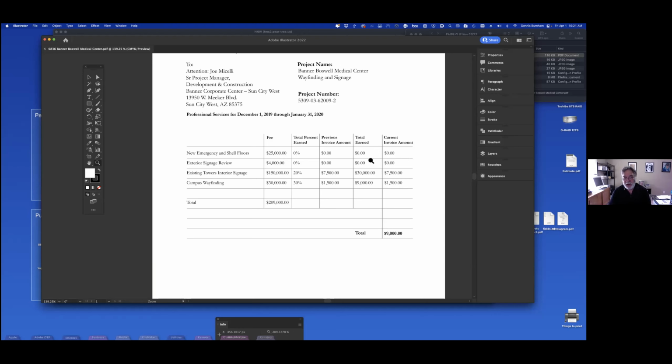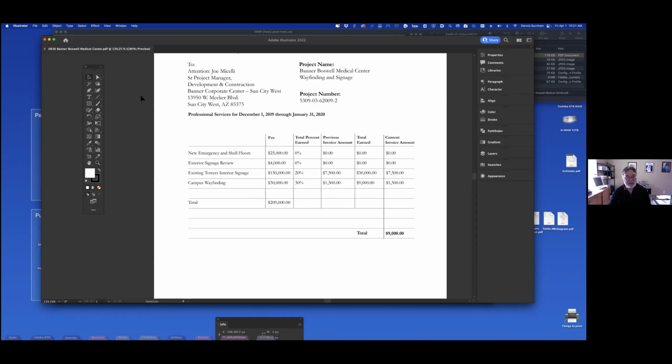invoice for a project, and the project has been previously invoiced, for some reason, as you can see in this column called previous invoice amount, there's a requirement that the architectural industry needs to know what was previously billed, not in total, but what were they billed on the most recent previous invoice. So anytime you're creating an invoice, you have to reference back to whatever you did in the previous period. It might be the previous month, it might be the previous quarter, doesn't matter, as long as it's the most